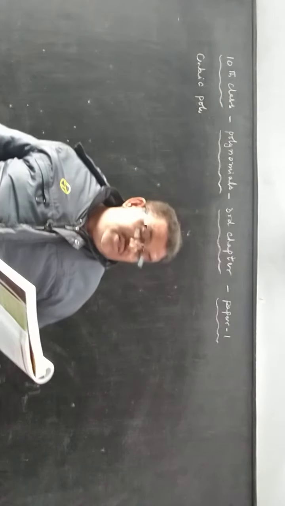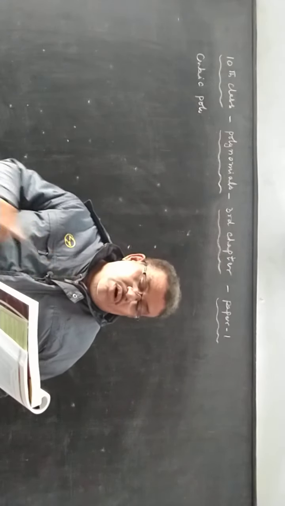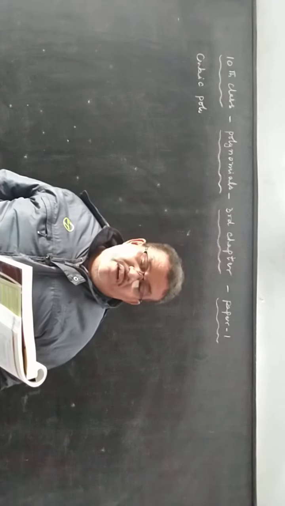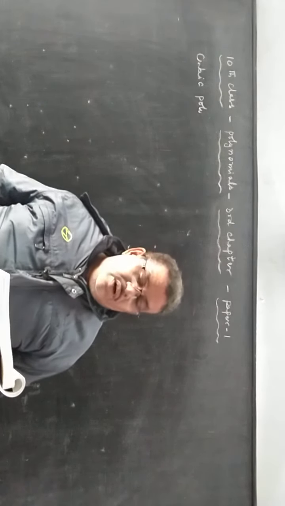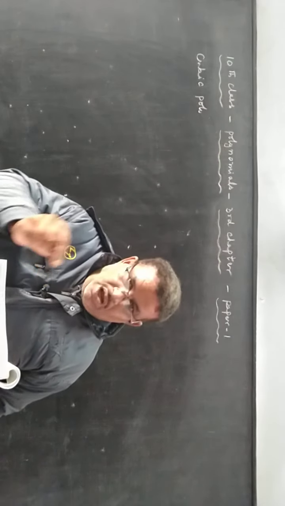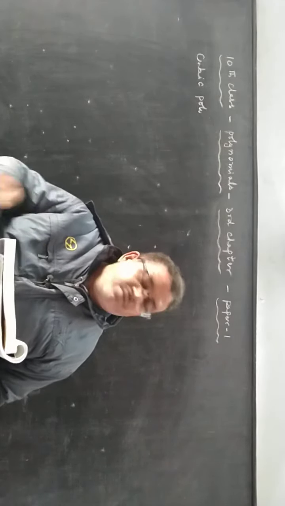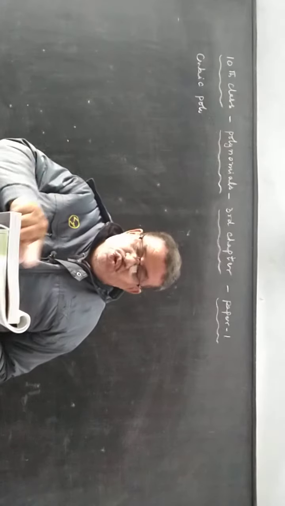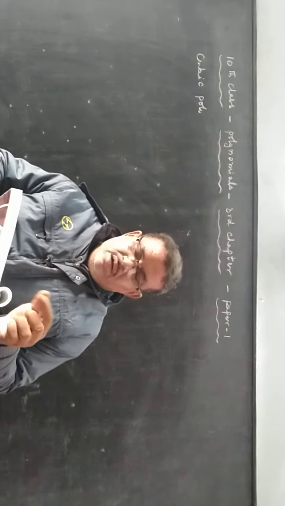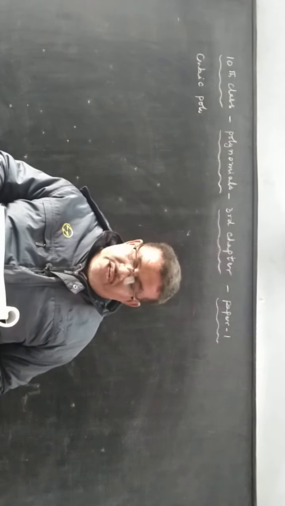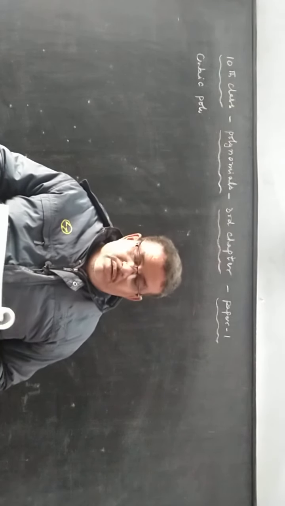The first Roman is find the zeros of a quadratic polynomial and verify the relationship between the zeros and coefficients. So first of all we have to find the zeros. Afterwards you have to verify the relationship between the zeros and coefficients. Already this kind of problems we did in the previous classes. Don't forget it. And go through the second Roman.